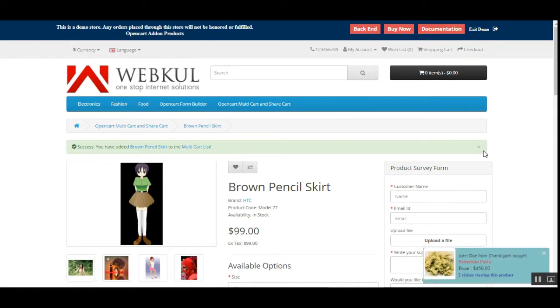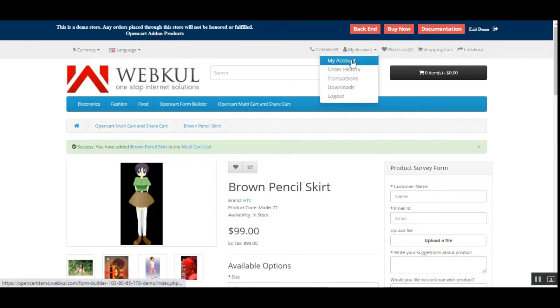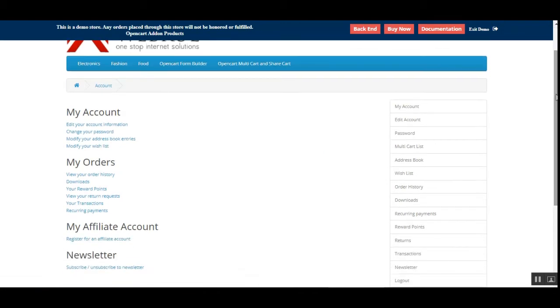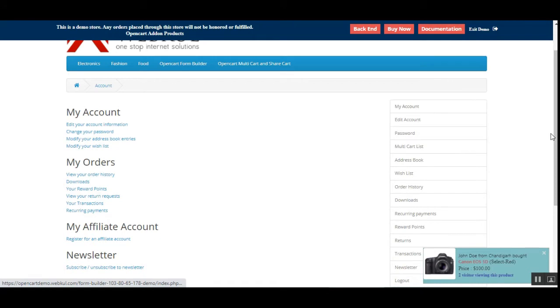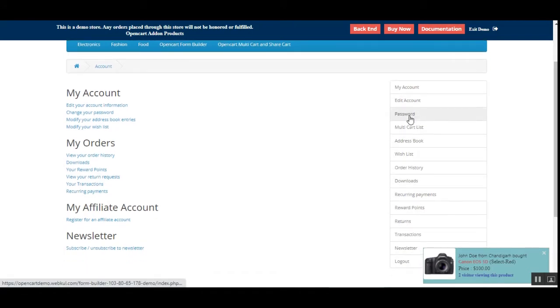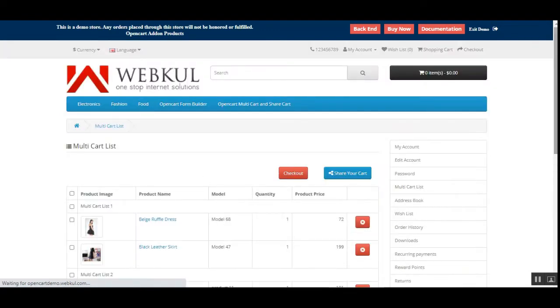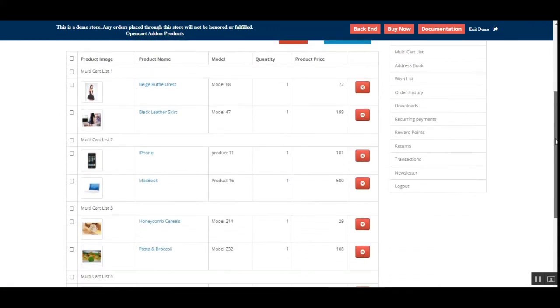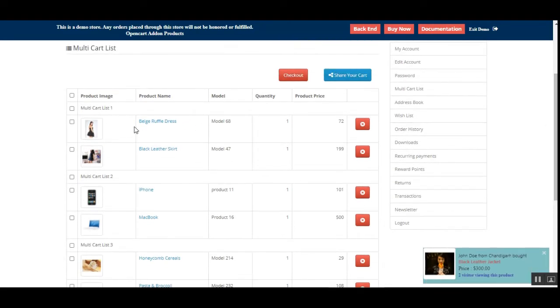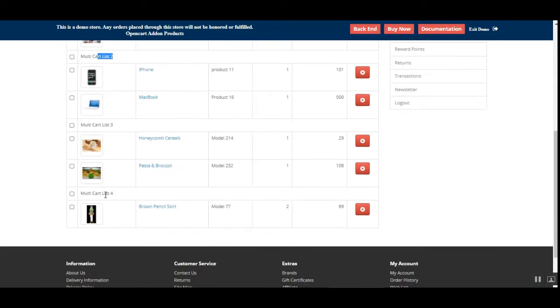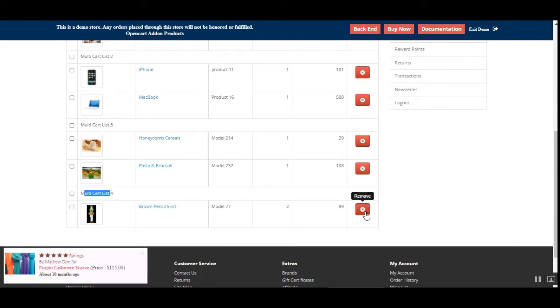Now after the product has been added to the multi-cart list, how can we check that? Let me show you that on the customer front first. I'll go to my account, and here in the customer right hand block where the customer account section is, we have the multi-cart list option. I'll tap on that, and that brings up the complete list of multi-cart lists that the customer has created. So here you can see that we have multi-cart 1, 2, 3 and 4. This one is the one that we just created with the brown pencil skirt,